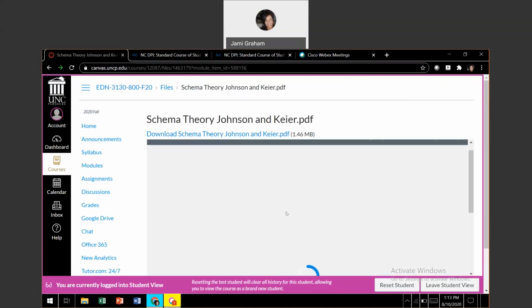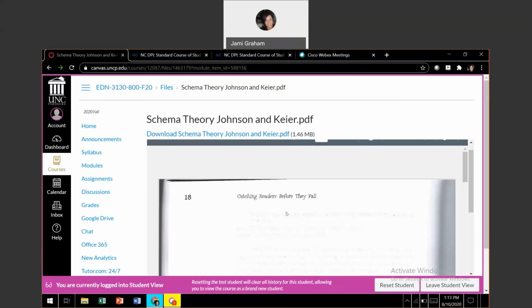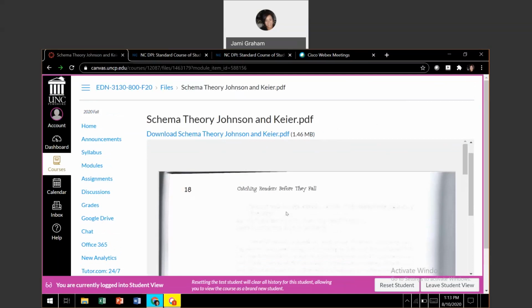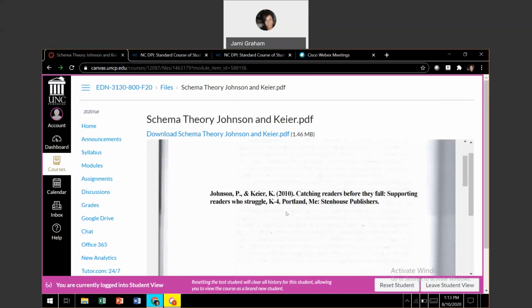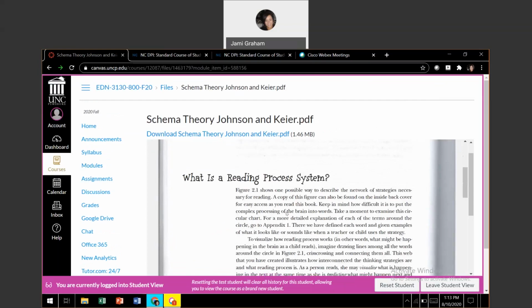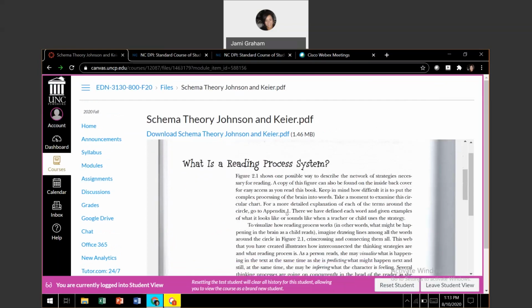Then an article about schema. Schema is something that, if it's not a familiar term to you, you're going to find that it's a familiar process. And so this particular article will help you to be able to support that lesson sketch in a way that